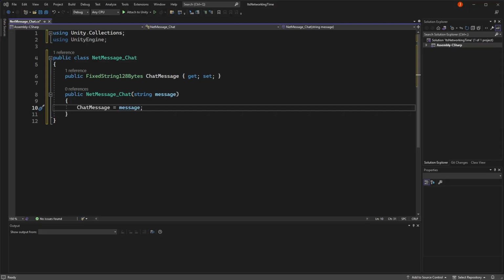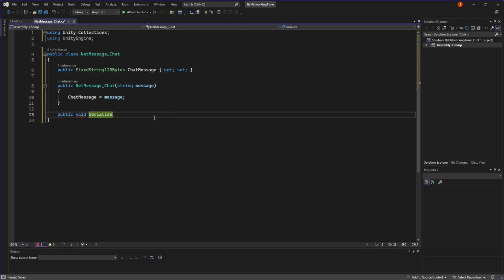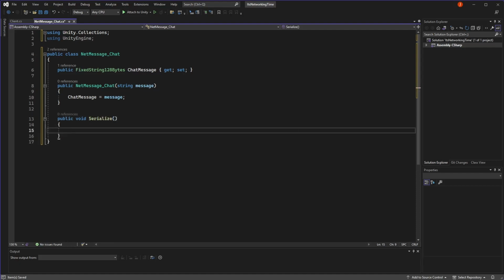We're just doing this ourselves because, well, I don't really know why we're doing this to be honest, but we may as well finish what we started. So anyway, in this function we will serialize the data we want to send across the web, but to do that we need one more thing.